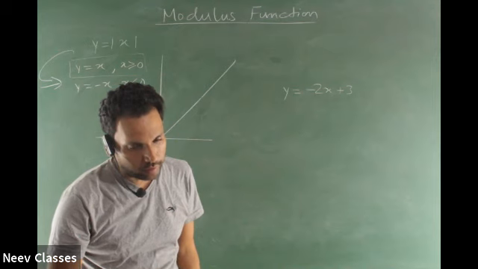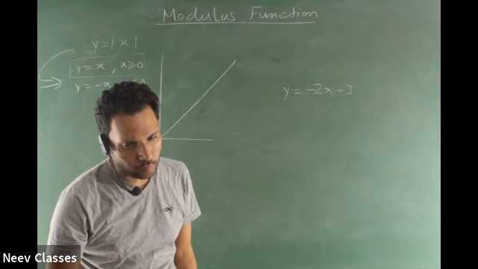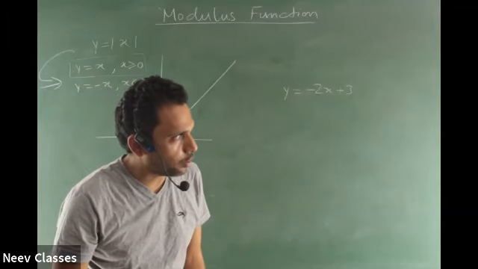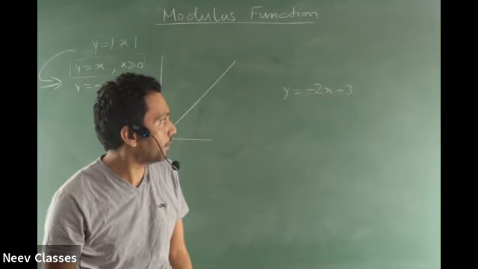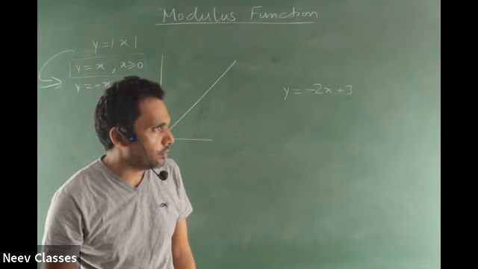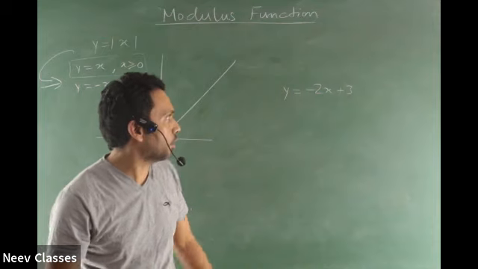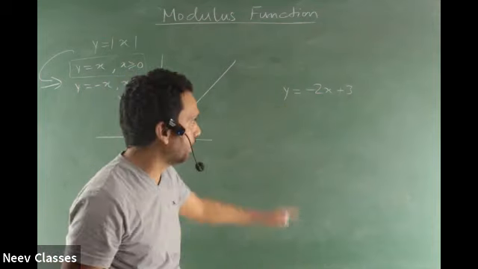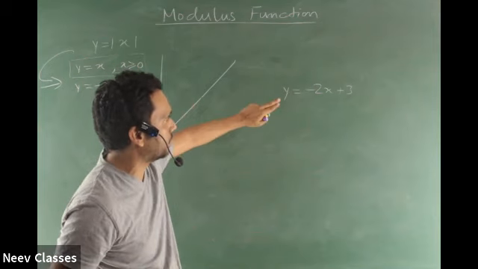I'll give you a hint. It's a straight line for sure. Why is it a straight line? Because the degree is 1. It's a linear polynomial, right? It has got various reasons why it is a straight line. As you go one forward, you go minus 2 down for each step. Many ways you can explain it's a straight line. But anyways, it's a straight line.